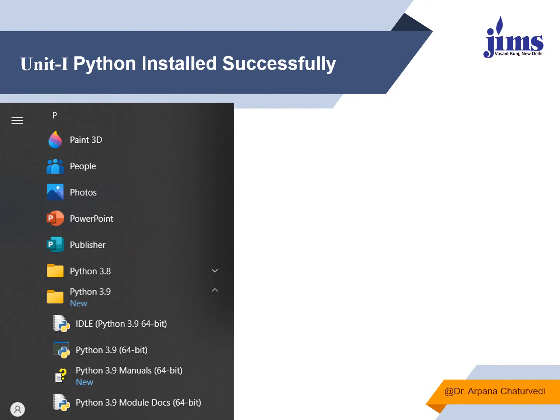Once you go to next, you see that Python gets installed. You have to check from the start menu whether it is installed or not. These are the options which will be available in the start menu. As I was earlier having 3.8, that's why it is showing this. I have installed 3.9, so it is saying that this is the new one which I have installed. So you see,